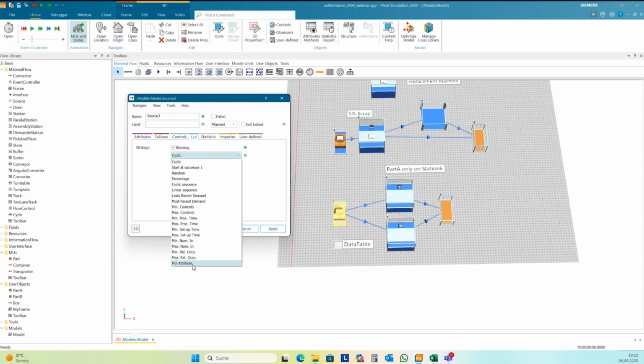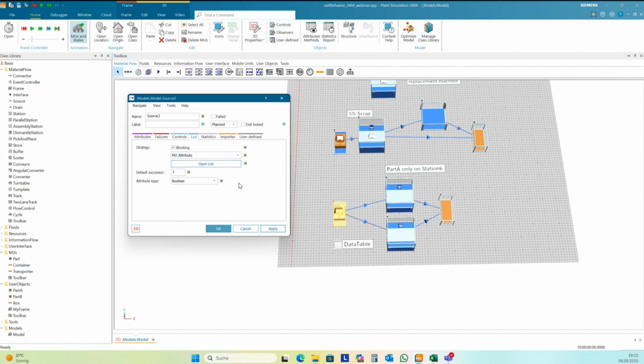And here you have MU attribute. You need to press apply first. And in the next step, you need to select the attribute type, the data type. And the data type here is string, it's the name. And you can define a default successor. If you don't define the name here in the list, then it goes to the default successor.